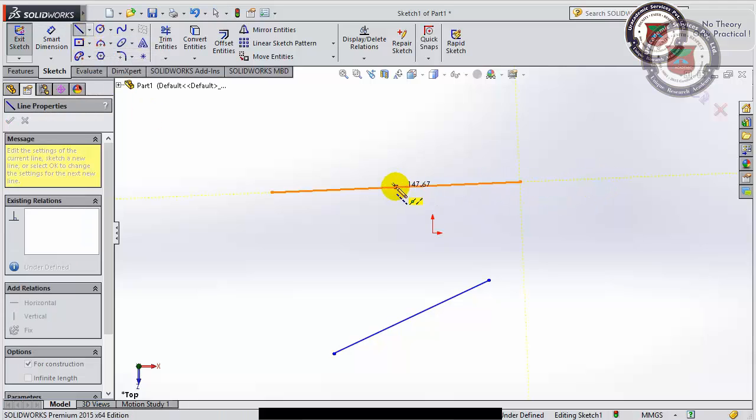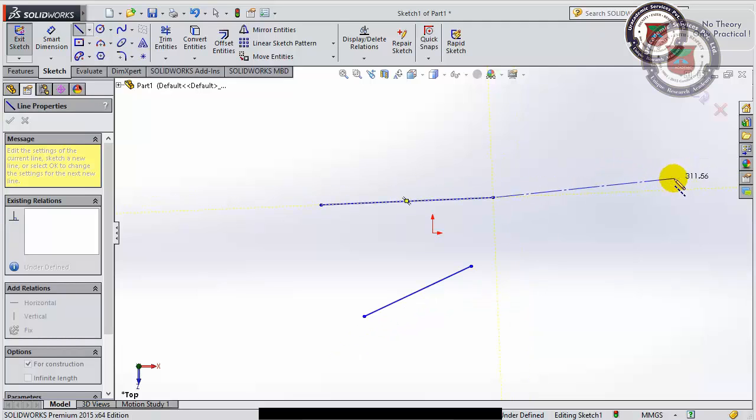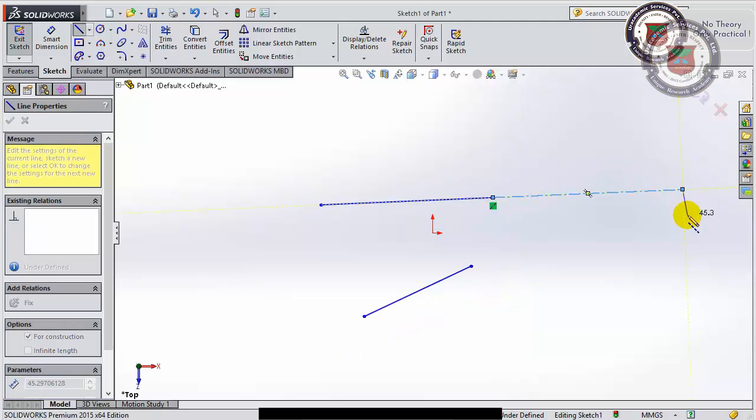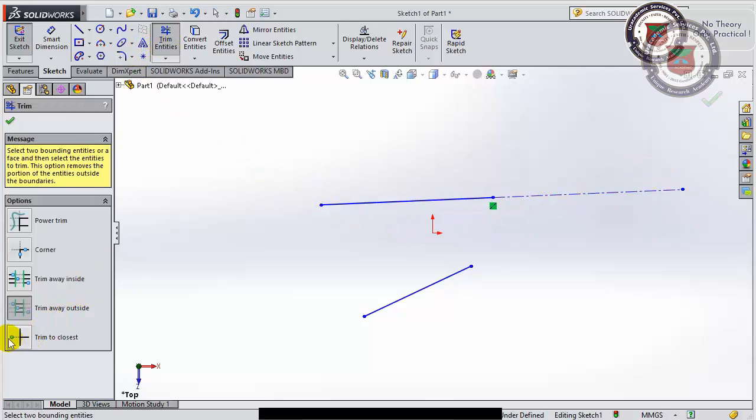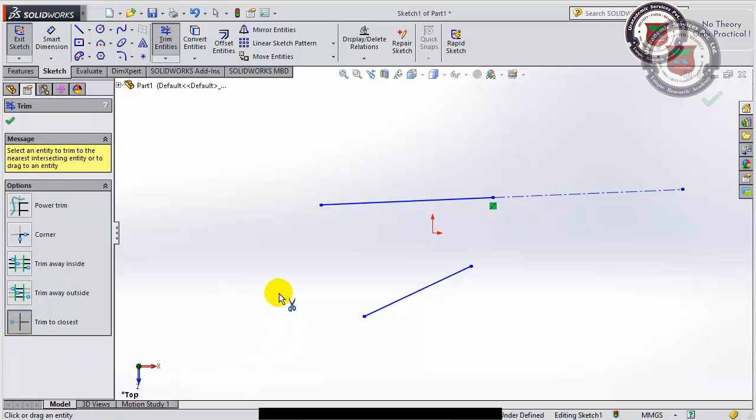Suppose this is the alignment of this line, and I want to make sure that this line extends further and stops where the linear extension of the upper line goes on. So it should stop there. I will be showing you how. So I will be using the trim to closest command.